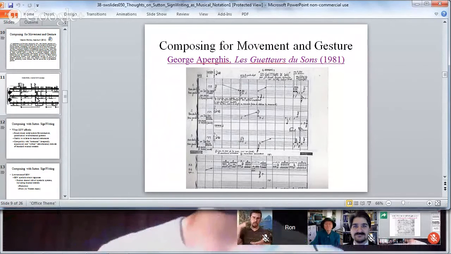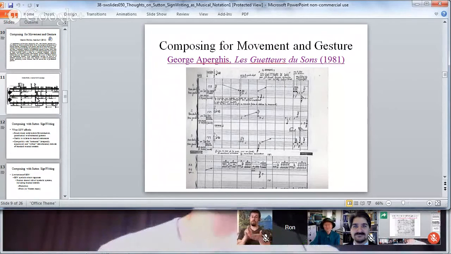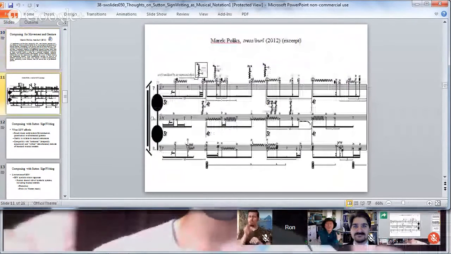So if Bach wrote a note for the piano, then what he cared about was hearing that note played in a particular way at a particular time. So Pollux is writing it in a different way, writing for the actions for the instrumentalists rather than for what sound he expects to hear. And if you go to the next slide, you can let people stare at that for a second. It's a chunky quote from one of his scores.